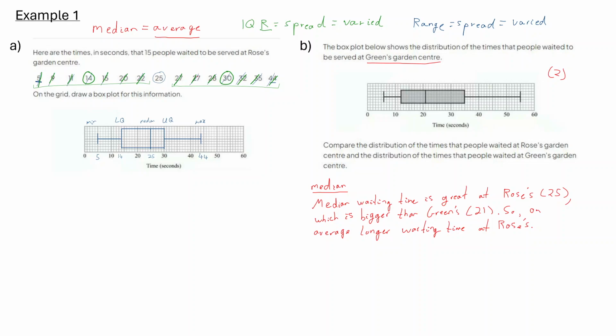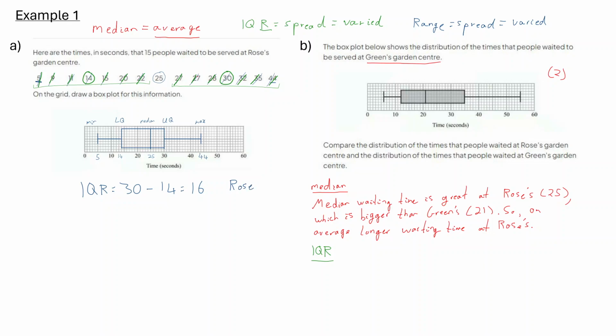For the second mark, I've got to go and compare something else. Let's go and compare the interquartile range, because that's quite a nice one to do. So let's compare the interquartile range now over here. From this diagram, the upper quartile, so the IQR, interquartile range, is equal to 30 take away 14, which is equal to 16, and that is for Rose's Garden